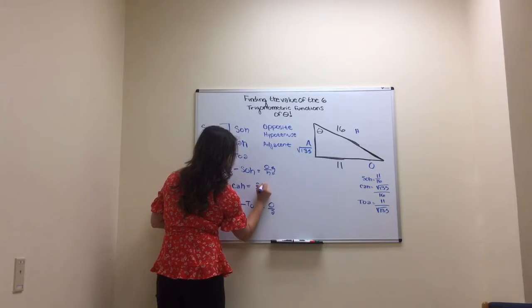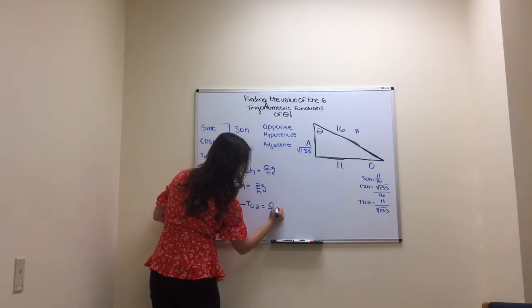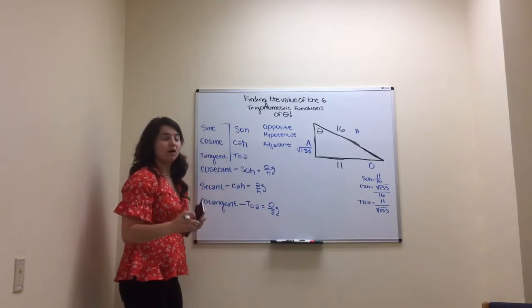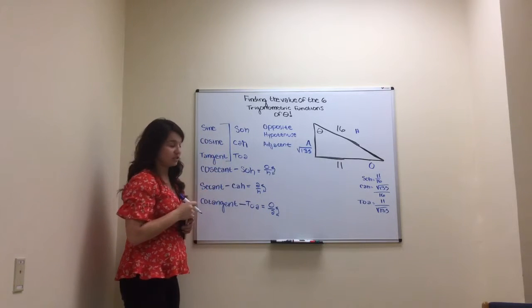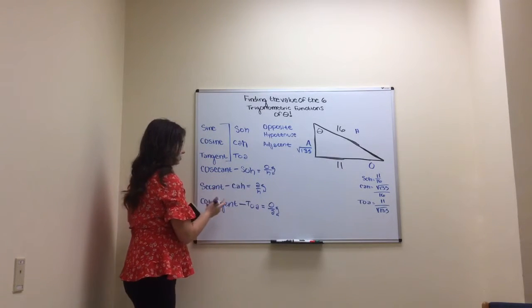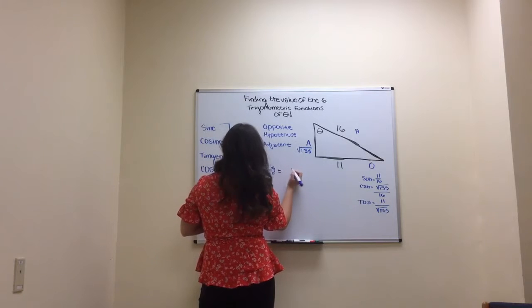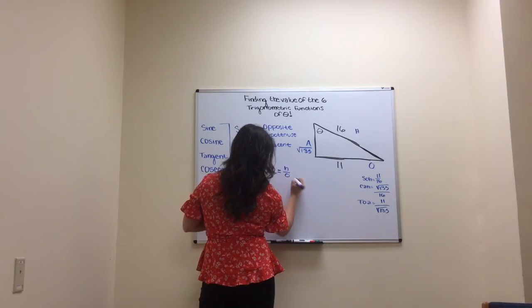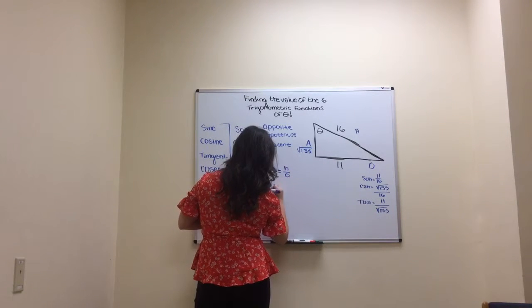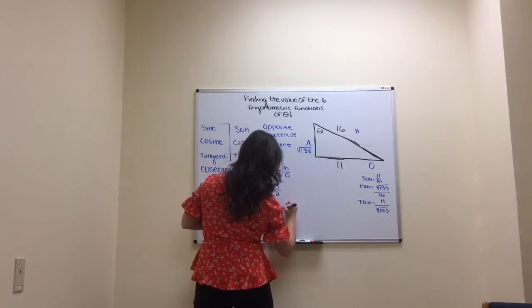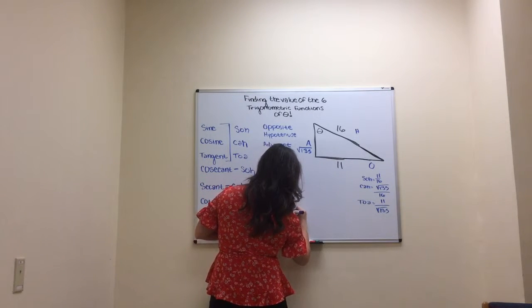Flip, flip, and flip. This is taking the reciprocal of all of these, sine, cosine, and tangent, and that is cosecant, secant, and cotangent. So in reality, these are actually hypotenuse over opposite, hypotenuse over adjacent, and now adjacent over